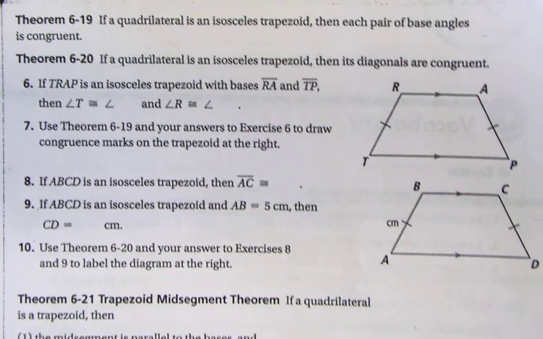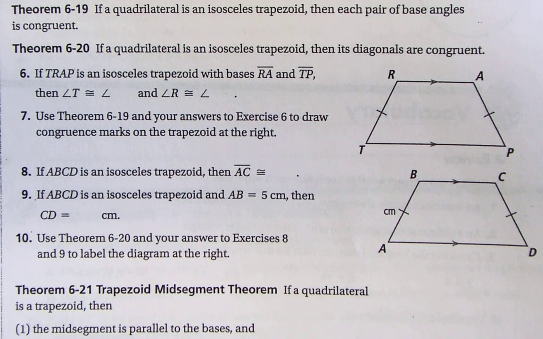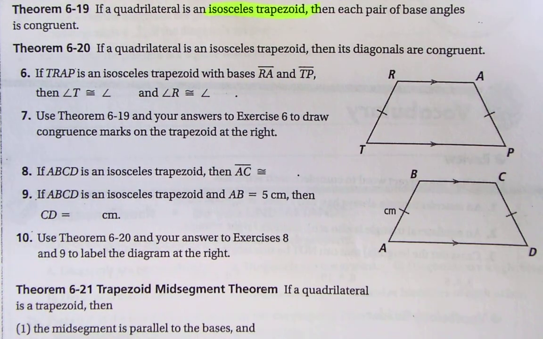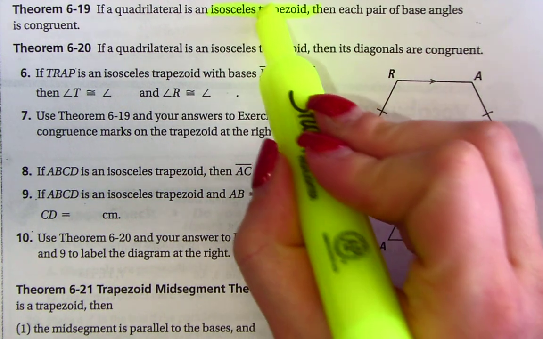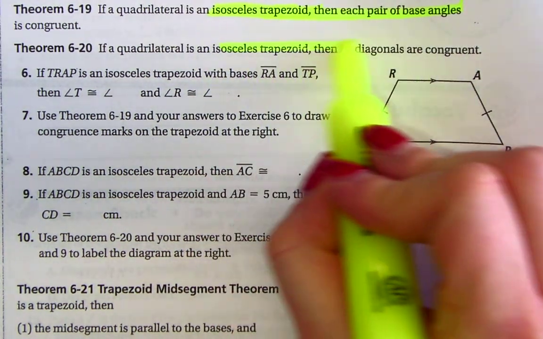we are actually really most of the time only going to deal with isosceles trapezoids. And again, they're still quadrilaterals. They still look like a regular trapezoid. But just like isosceles triangles, isosceles trapezoids each have a pair of base angles that are congruent. And the opposite sides, the legs of the trapezoid, are going to be congruent, much like two sides in an isosceles triangle are congruent. So first of all, we know that each pair of the base angles are going to be the same. And then we also know that if it's an isosceles trapezoid, the diagonals are congruent, much like